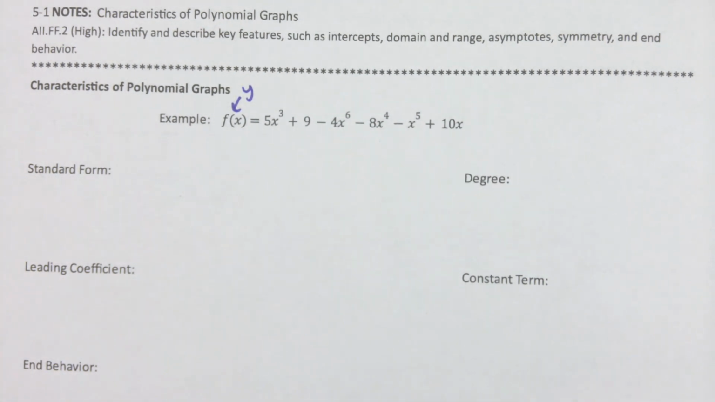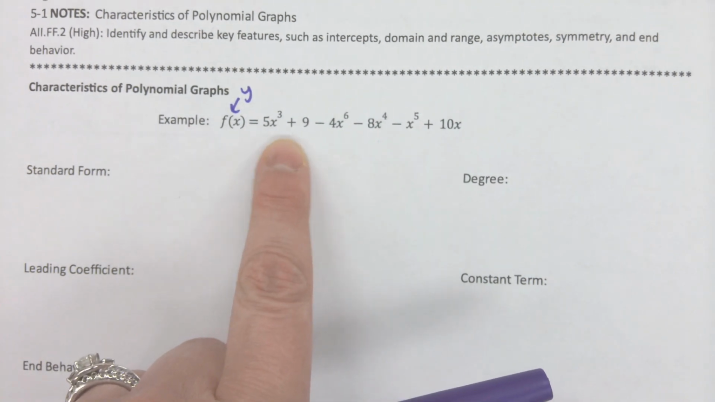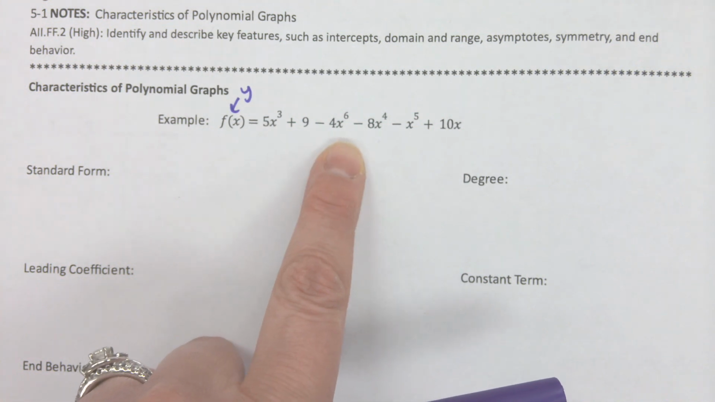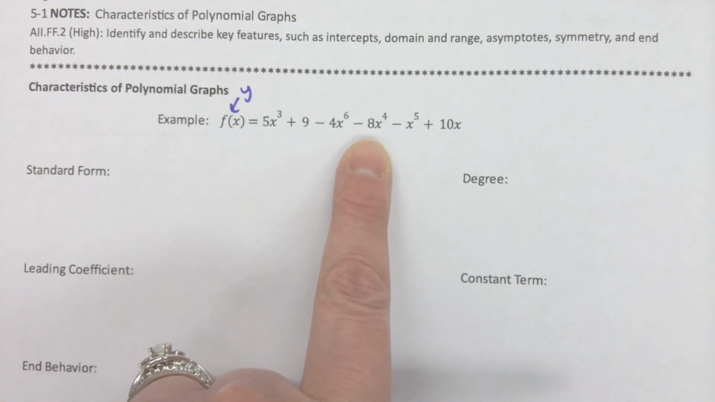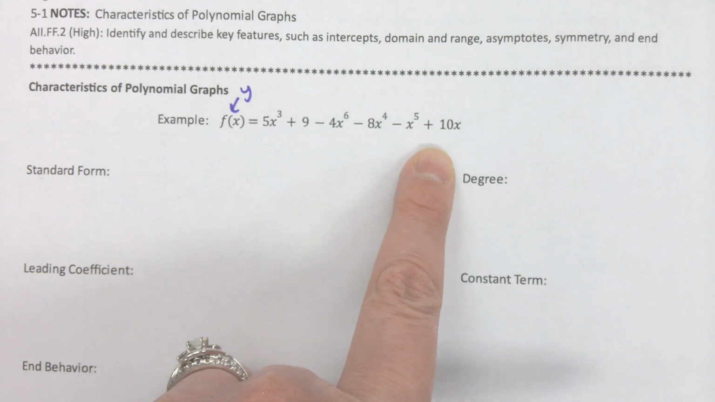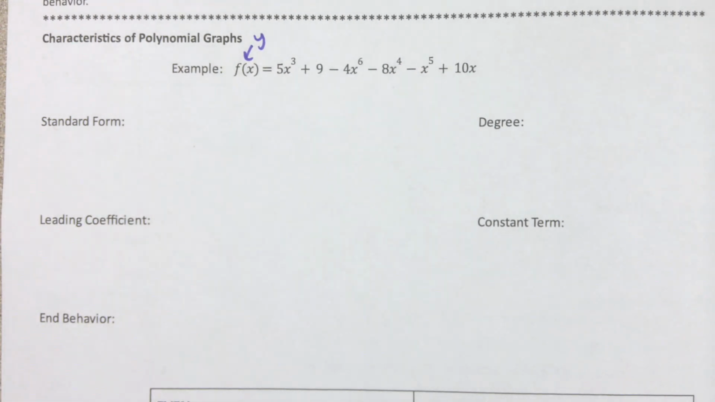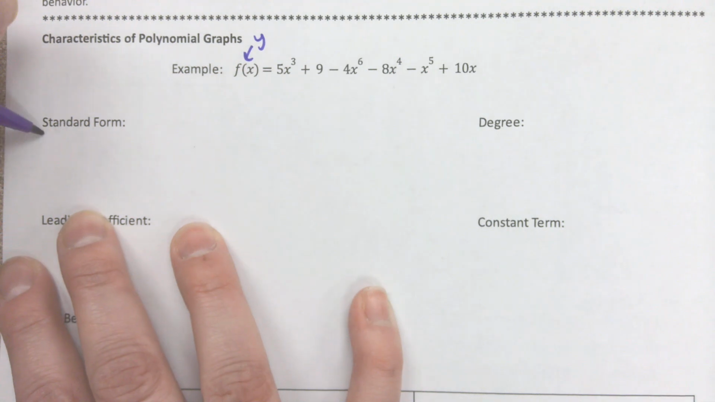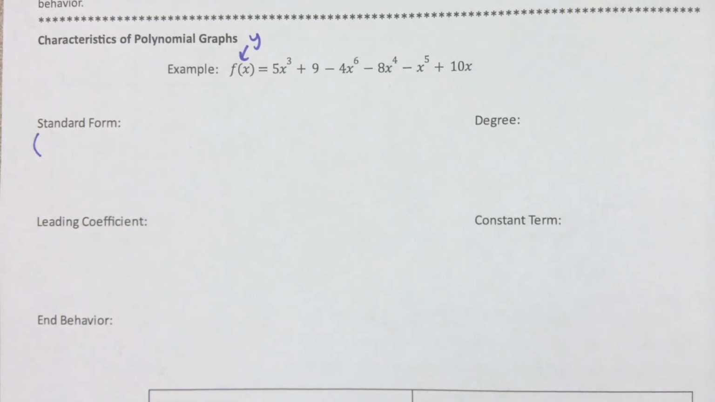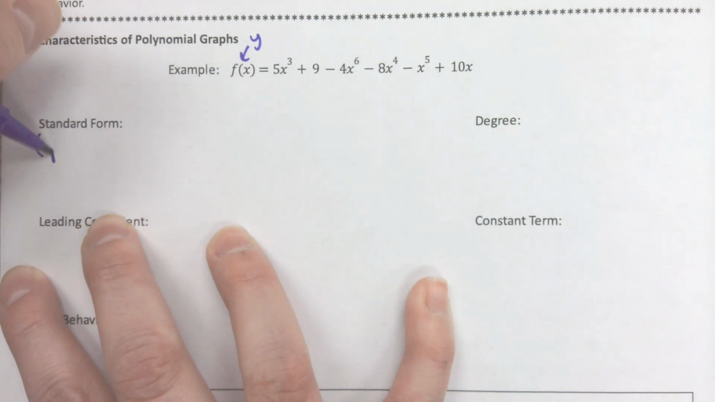So our equation, f of x equals 5x cubed plus 9 minus 4x to the 6th minus 8x to the 4th minus x to the 5th plus 10x. First thing we need to do is put that equation in standard form. Standard form is a specific order. It's how we always write our answers, whether you were aware that it had a proper name or not. That means you put the terms